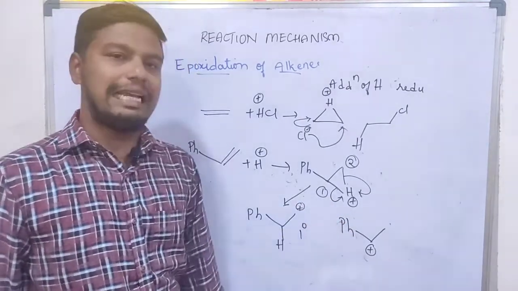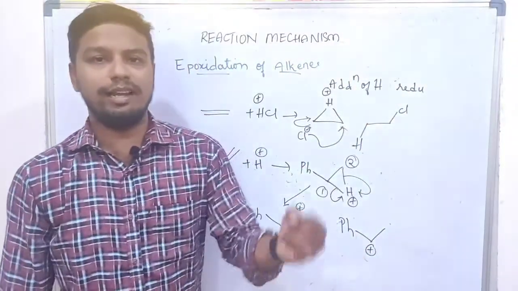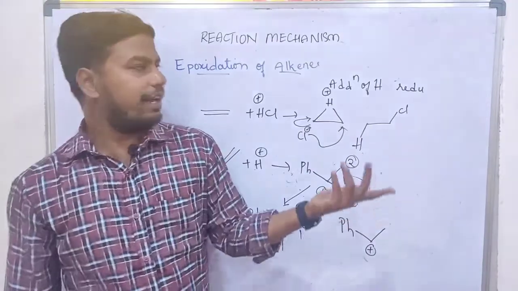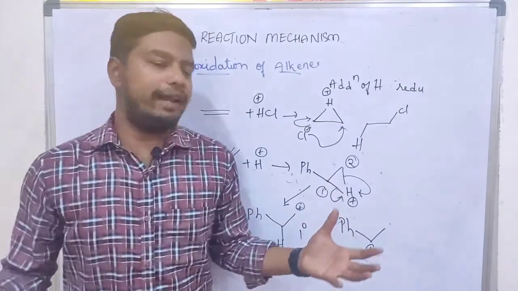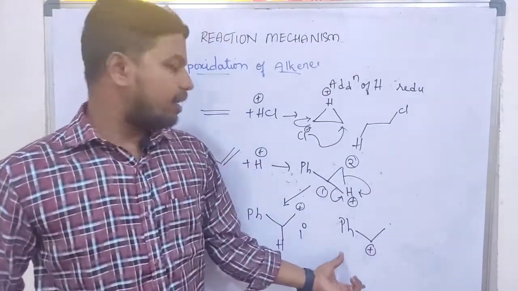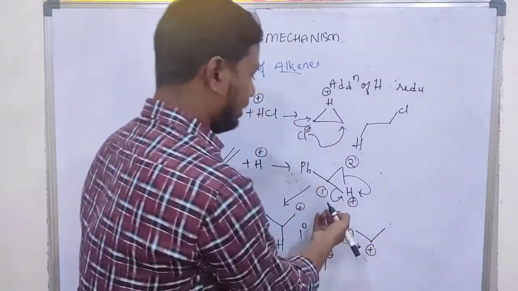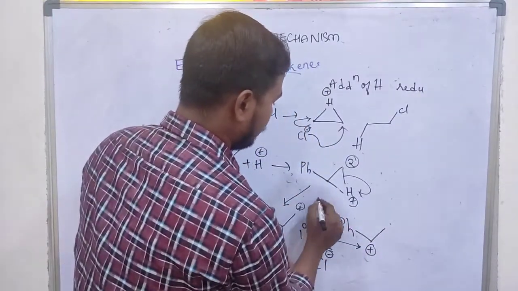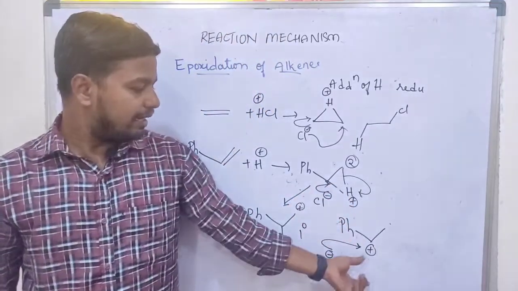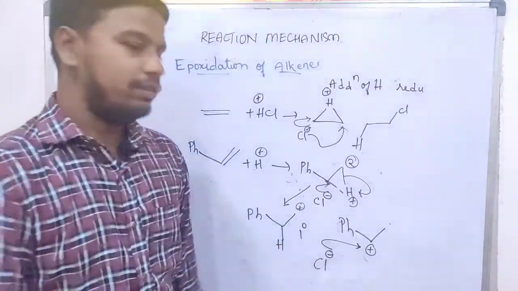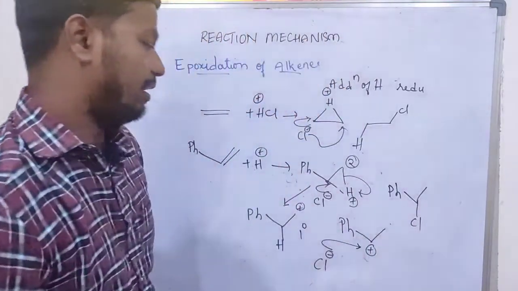What we are getting is a benzyl carbocation, right? So always remember, benzyl carbocation is highly stable. Benzyl followed by allyl, tertiary, secondary and primary, and finally methyl carbocation, when you compare. So the favorable product would be when the chlorine atom attacks here. That means the chloride ion attacking from this side, then only we will get the stable molecule formation. So the compound would be chlorine attacking from here, correct?